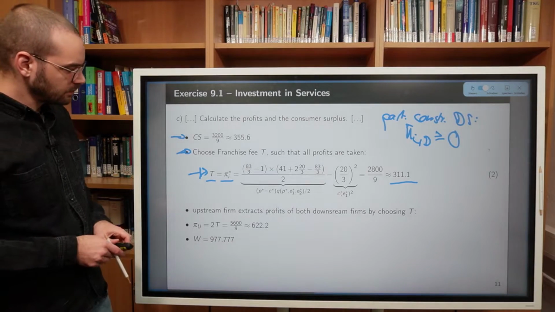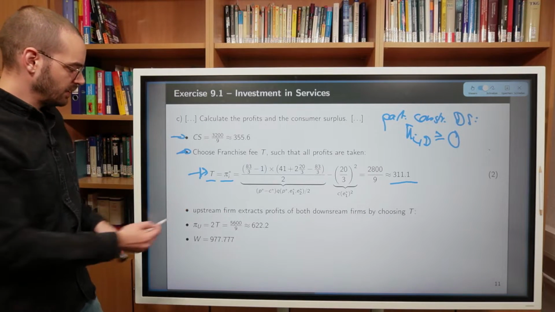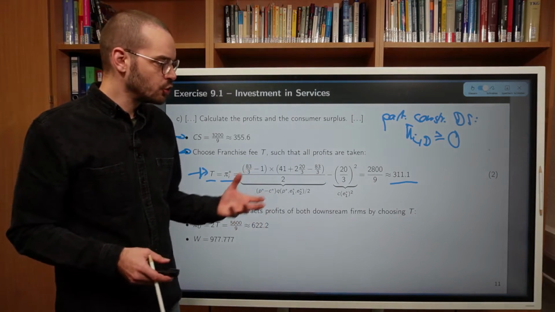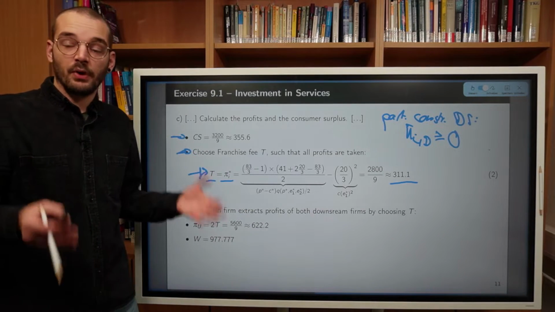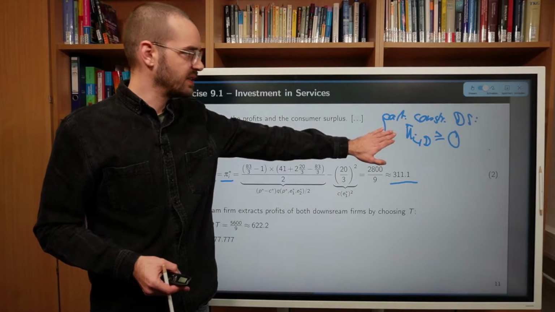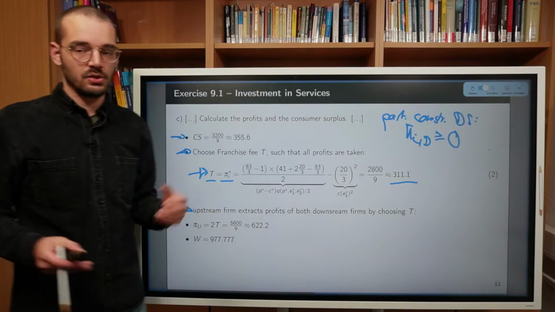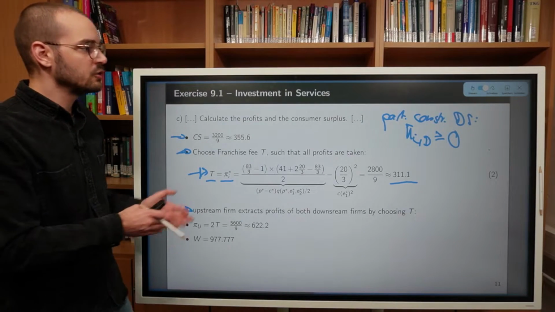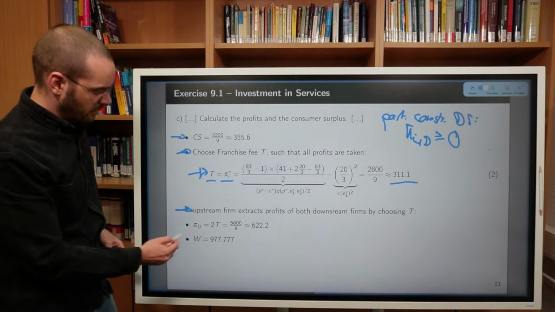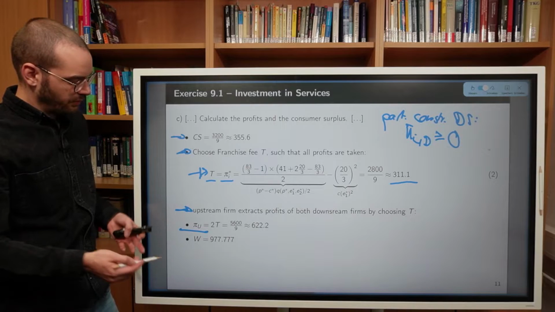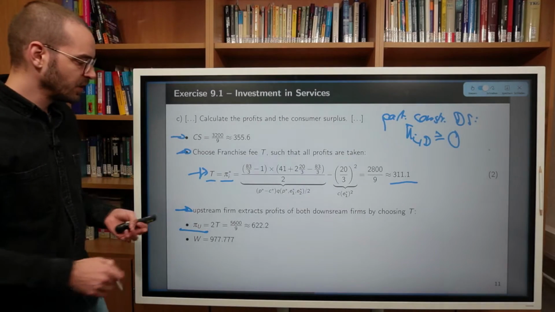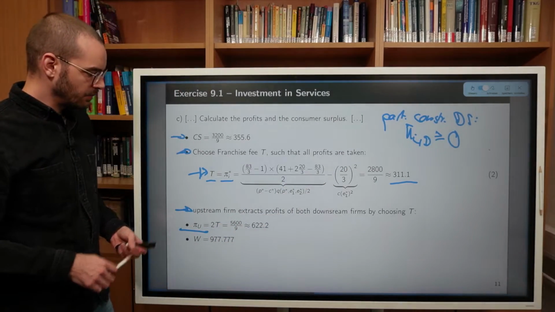All right. So bottom line is upstream firm extracts the profits of both downstream firms by choosing T profit maximizing, so as large as possible, while considering the participation constraints of the downstream firms. So T is as large as possible so that the downstream profits are non-negative. So with that we can calculate the upstream firm's profits, which is 2 times this franchise fee, once for each firm. So we have 2 times 311.1, which equals